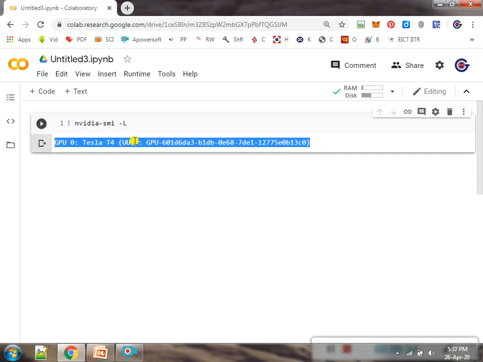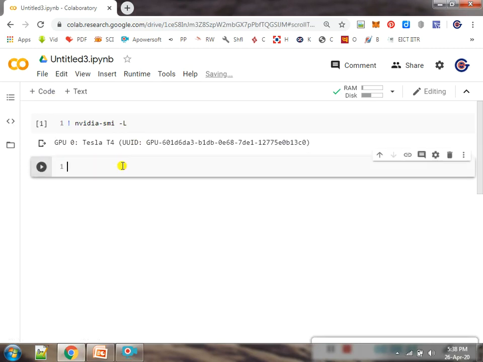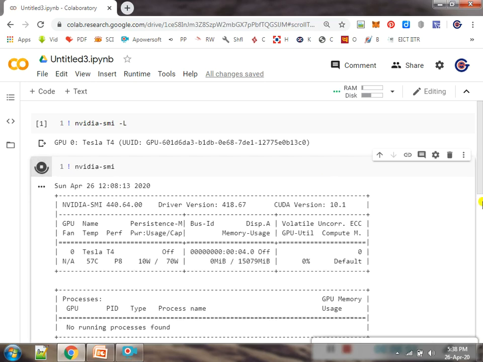So this is the ID. If I want another code window, again exclamation nvidia-smi.